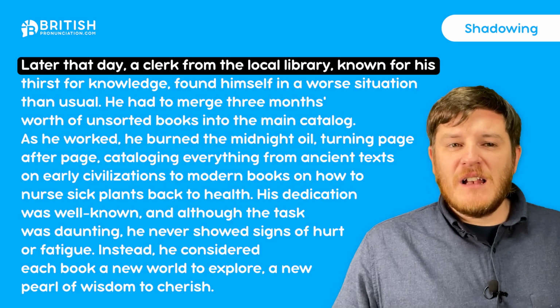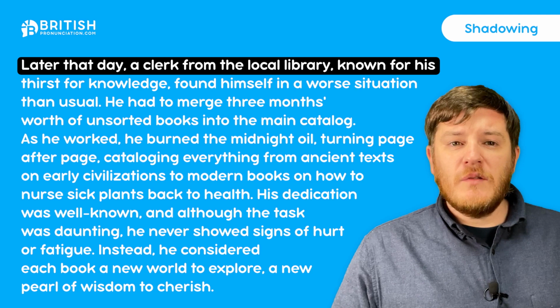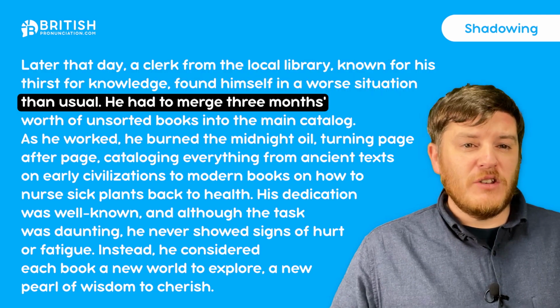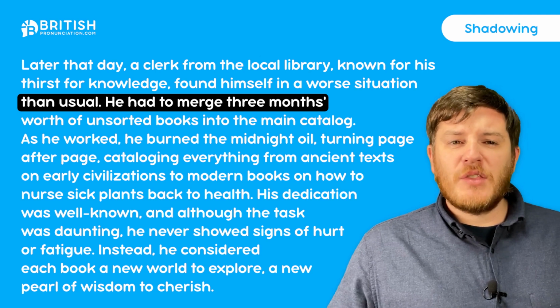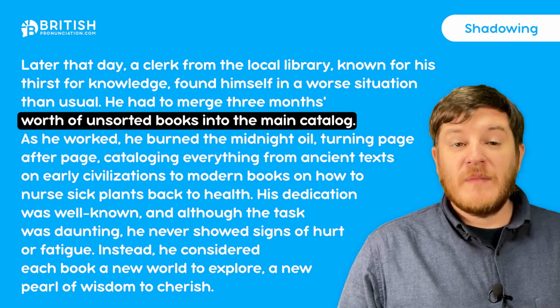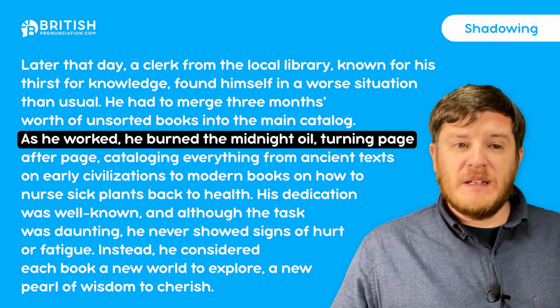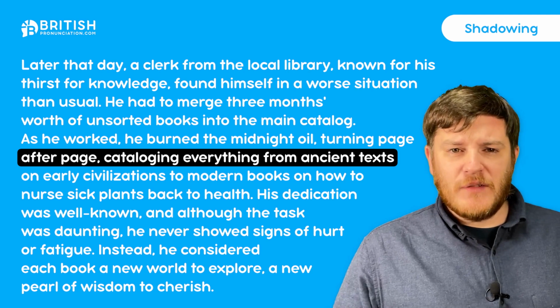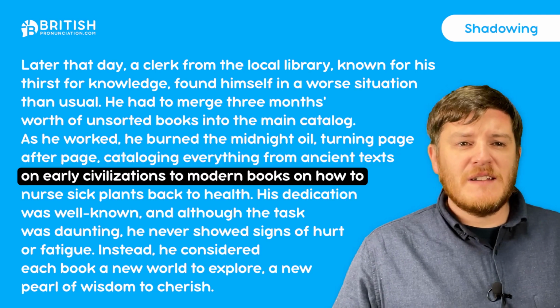Later that day, a clerk from the local library, known for his thirst for knowledge, found himself in a worse situation than usual. He had to merge 3 months' worth of unsorted books into the main catalogue. As he worked, he burned the midnight oil, turning page after page, cataloguing everything from ancient texts on early civilizations